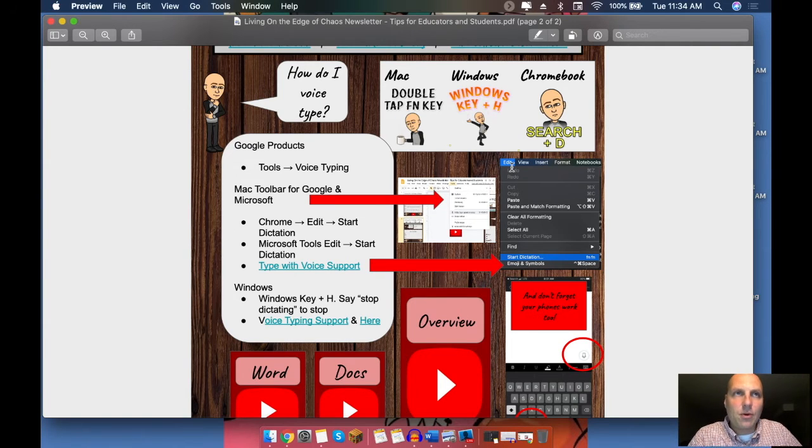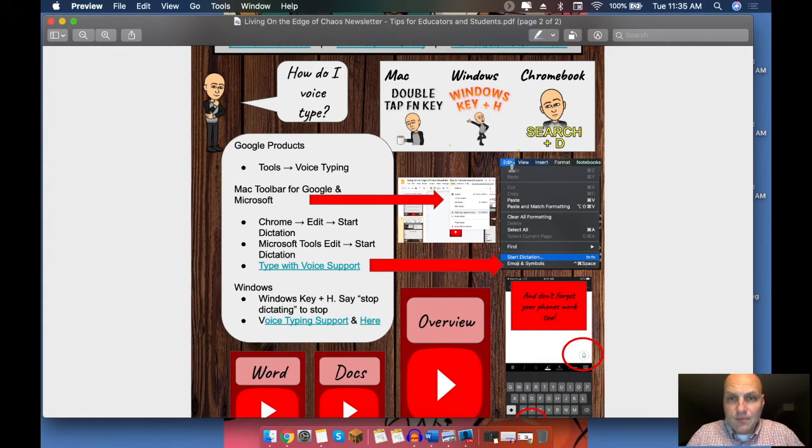Voice typing is really important if you're just tired of typing. Two, it can be really effective once you get the handle of how to speak clearly and how to use certain phrases for punctuation. It's really helpful for young kids, especially those that maybe don't have the fine motor skills to type. They can talk, and maybe you as a parent can help with the editing. There are just lots of ways to make this work, and never forget our phones. I do more voice typing on my phone than ever before,